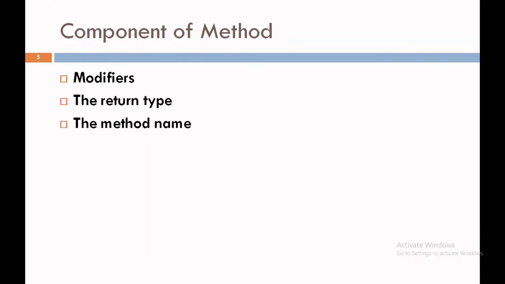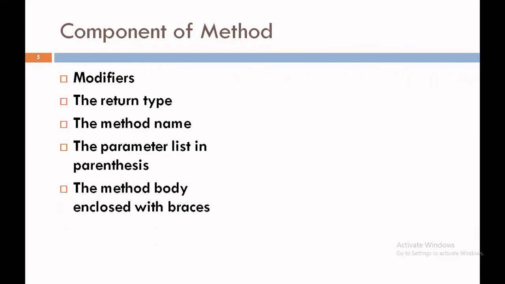The next component of a method is the method name. It is the identifier of a method. Using the name of the method, one can use that particular method. The next one is the parameter list in parentheses. It is a list of arguments. If a method needs certain values, for example for performing addition of two numbers, the method will require two numbers as parameters. In this case, we need to pass int a, int b as parameters in the method.